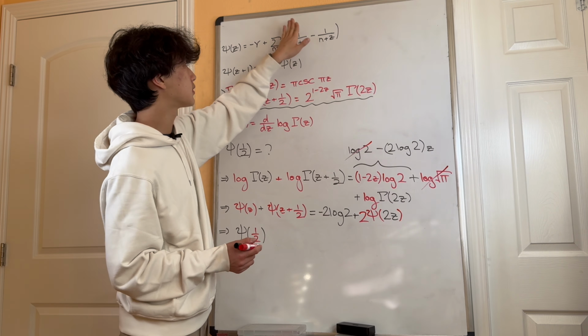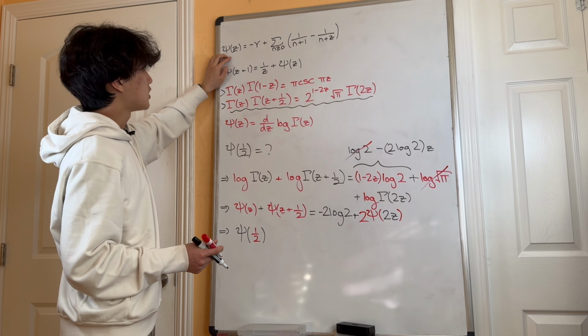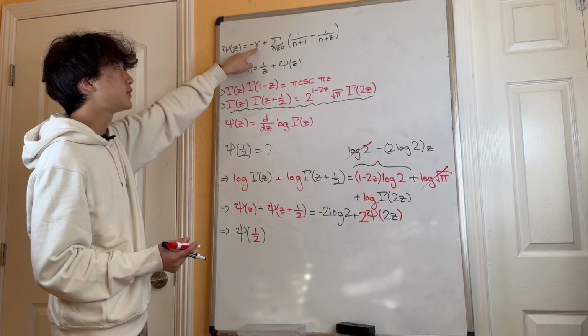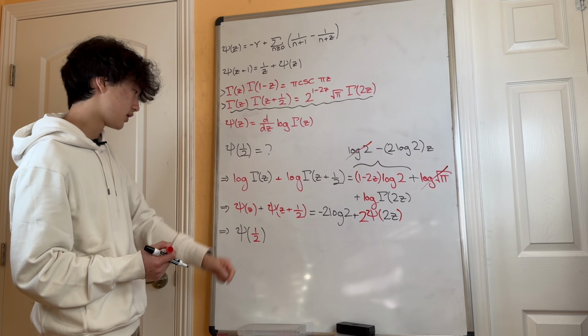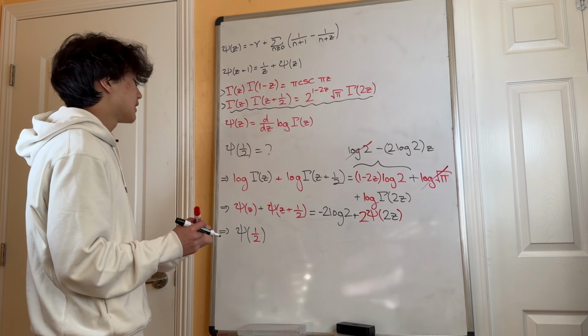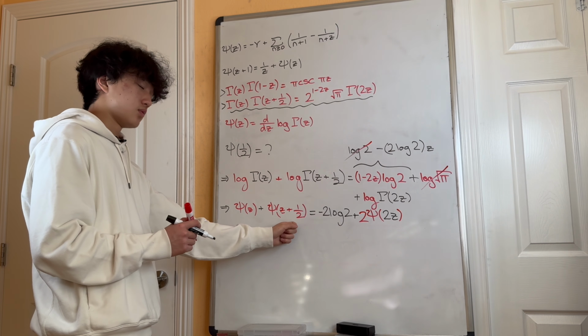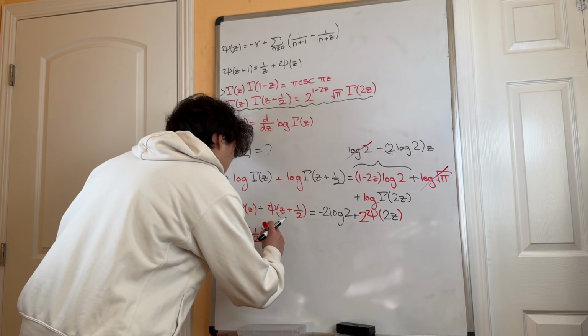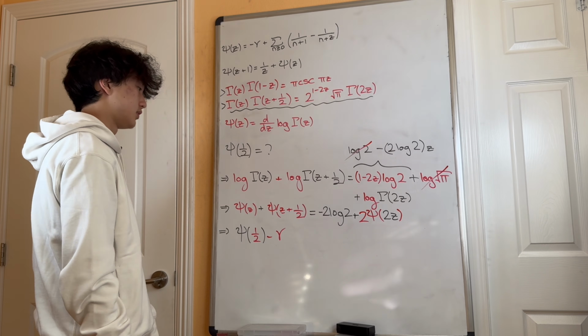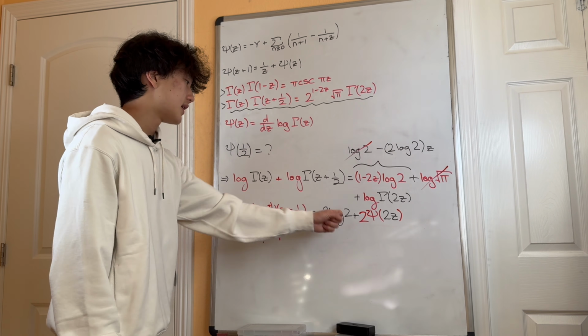So this entire sum goes to 0. So when you plug in z equals 1, all you're left with is this negative Euler-Mascheroni constant up here. So digamma of 1, which is what happens when you plug in 1/2, is just minus Euler-Mascheroni constant. Okay, over here,